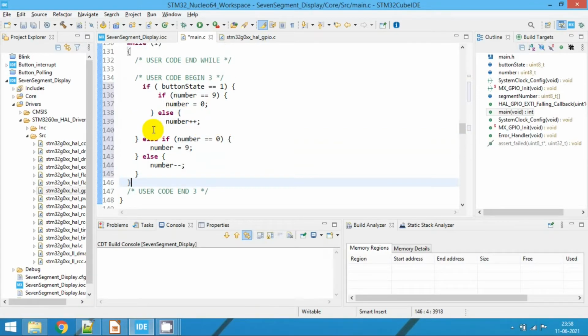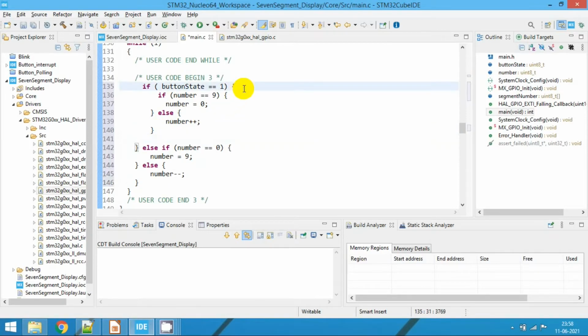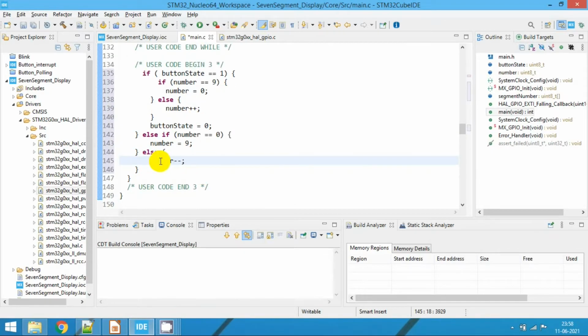And here, when the button state is pressed and we are going out of this condition, we will make button_state equal to 0. Then we will update this number on the 7 segment. For that I will implement a small function called 7segment_update.